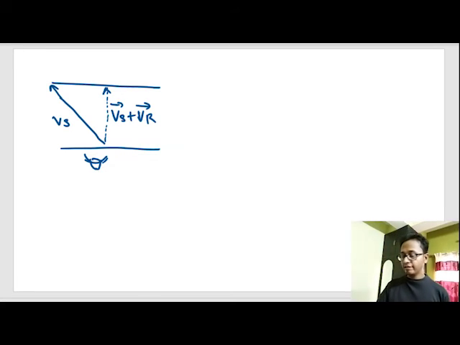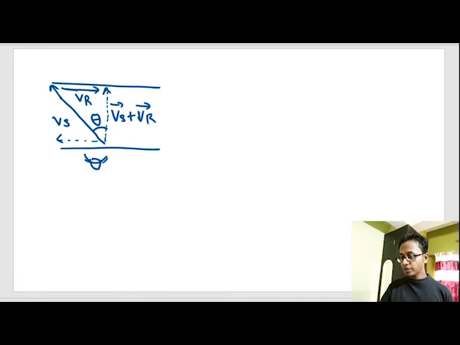Now this left velocity of the swimmer is to cancel out the effect of the swimmer on the left-hand side, that is, to cancel out the effect of the velocity of the river. So if this is angle theta, can I say Vs sin theta, the component of Vs in this direction, is equal to the velocity of the river?